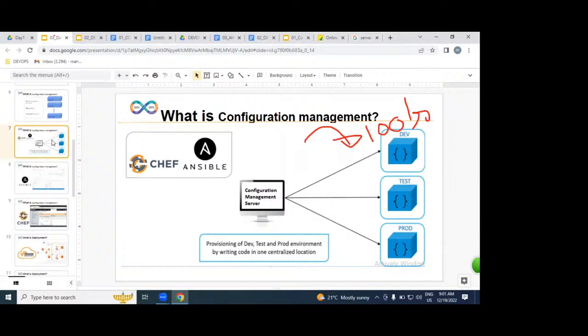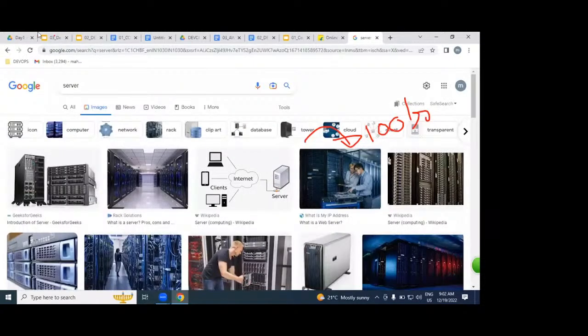AWS service. Am I right? By using Ansible, by using Chef, we are going to be deploying our applications on hundreds of AWS servers. That is the point we're discussing from the starting of the session. Application, what is an application? I've shown you only one server, but right now 100 servers. But the servers, from where exactly are we getting them? AWS. That is the point.